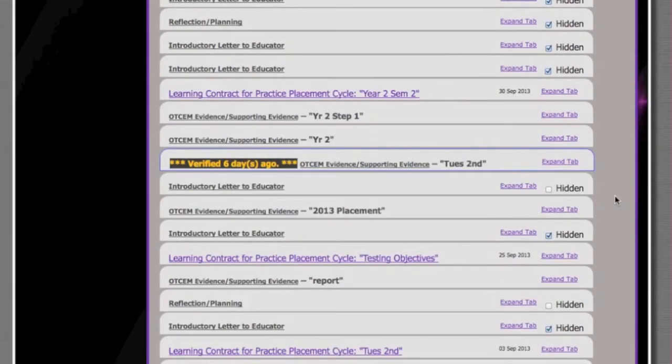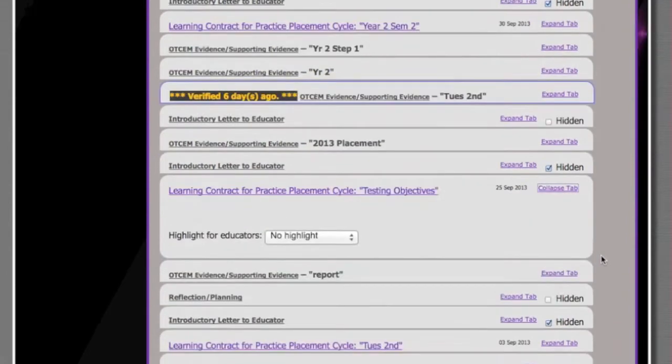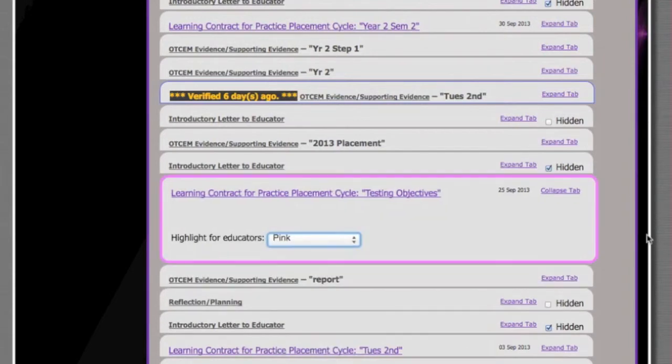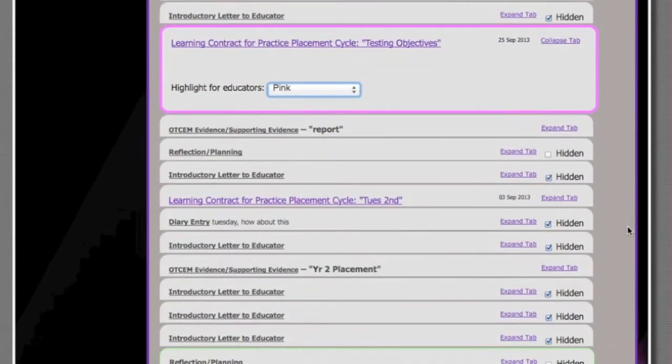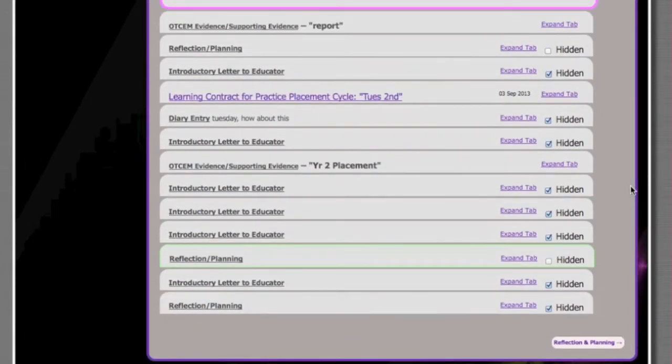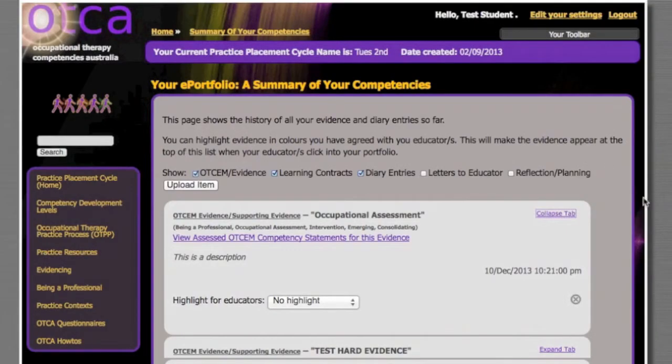Now, I hope that's clear, and obviously you can highlight as many things as you like. Whichever things you highlight here will display in colour at the top of the page in the educator's view. So that concludes the